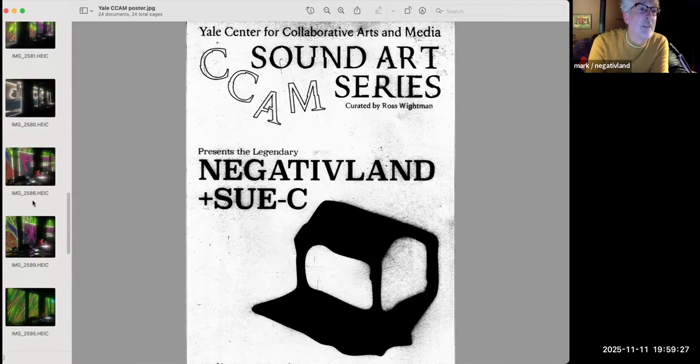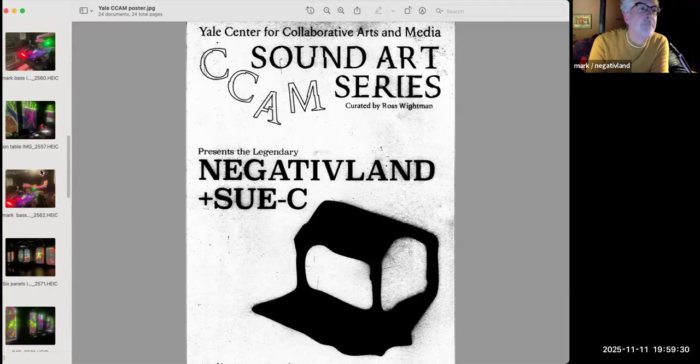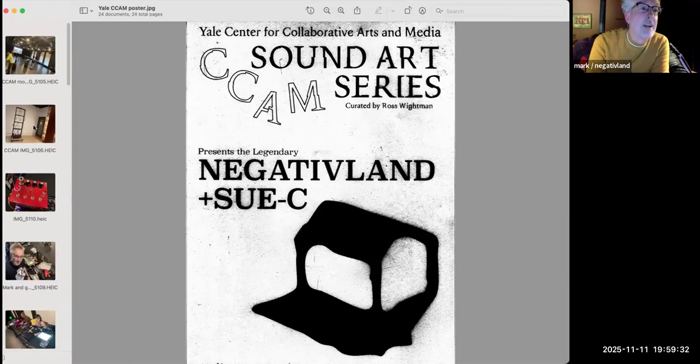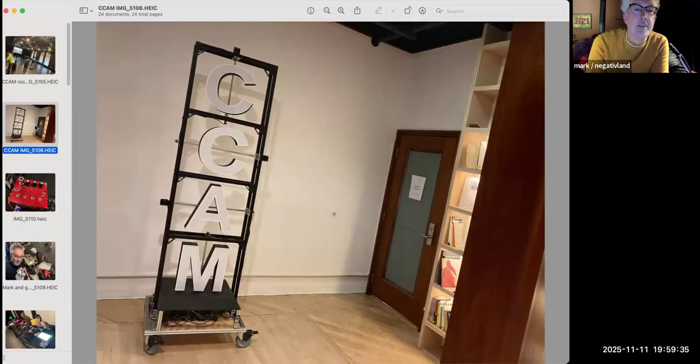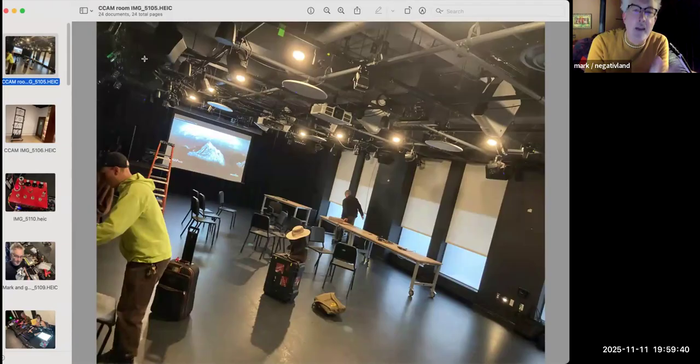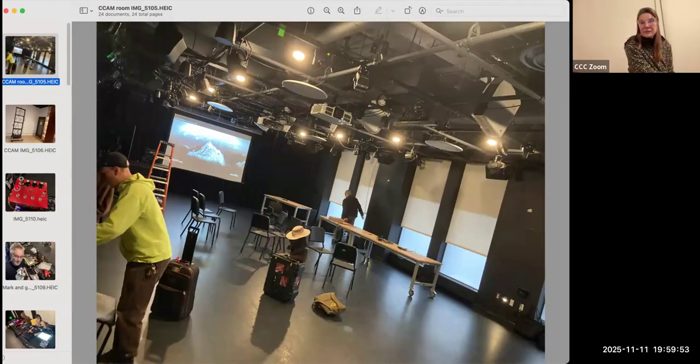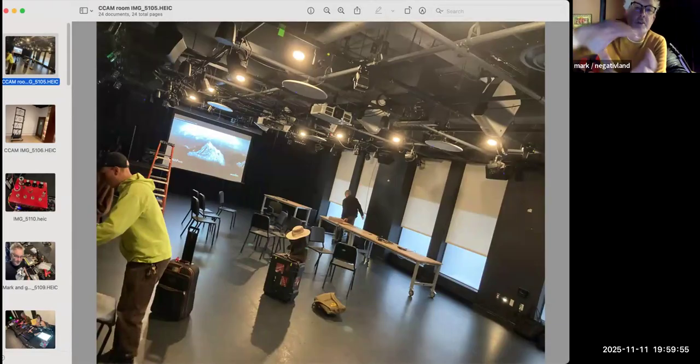I can show you some of the setup. This is CCAM. This is the space that we were in. And this space had 6 completely separate video screens that were all vertical. You can see them on the right there. And they had 6 projectors. You can sort of see them in the ceiling. And the projectors are mounted sideways. So all the images are 16:9, but going vertical instead of a horizontal aspect ratio. Does that make sense? Mm-hmm.